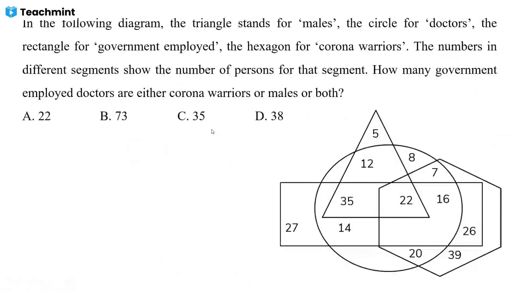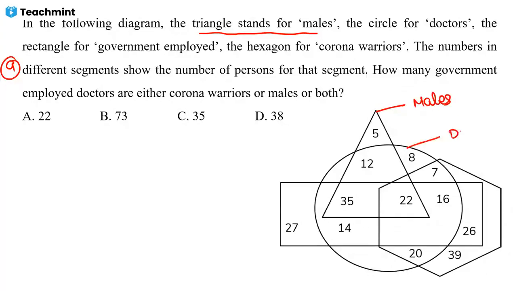Next, in Venn diagrams, in the last session, we clearly mentioned these types of questions, and they don't mark which one is male, which one is corona warriors, males, doctors. They are not mentioning. You have to mark. In yesterday's session, I gave one question where I mentioned the arrow mark and the name of that. Here we need to take that. Okay, triangle stands for males,